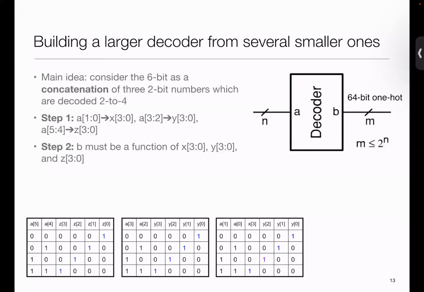Likewise, all the information in A3 and A2 is captured in Y, and all the information in A5 and A4 is captured in Z, right? Because they're both representing 4 things each. A1, A0 can capture 4 elements, so can X. So it stands to reason that if B is a function of A, then I can equivalently express B in terms of X, Y, and Z,